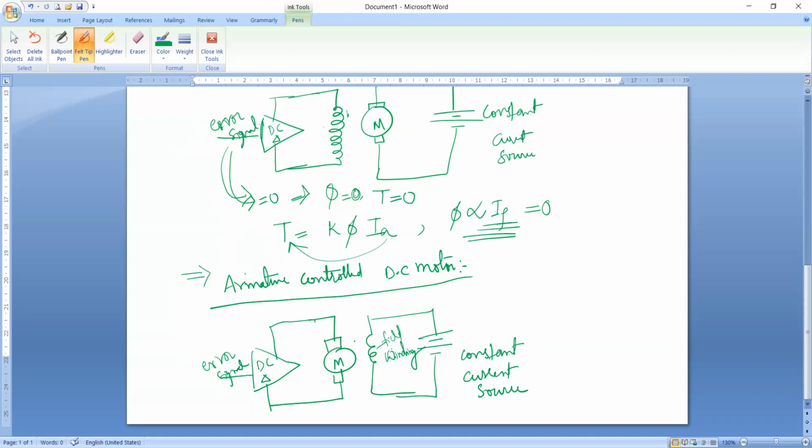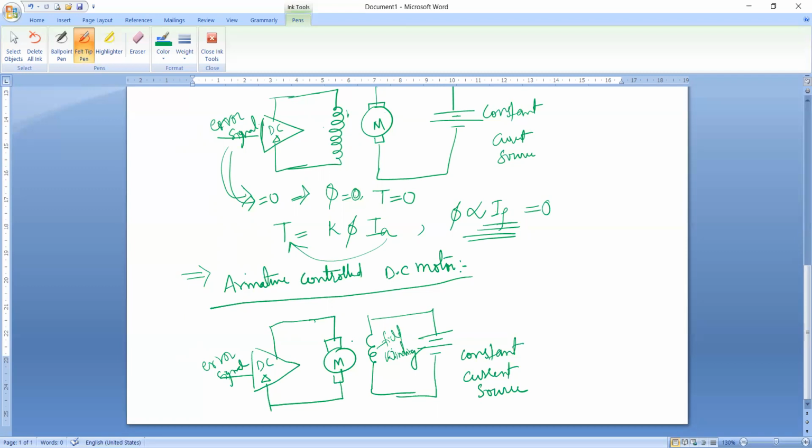The field magnets are excited beyond the knee of the saturation curve. That is, the field is over-excited, well beyond the knee of the saturation point. By doing so, the effect of variation of torque due to a slight change in the voltage of the constant current source is avoided. For a slight variation of excitation, the field flux does not change, and hence the torque developed is not affected.